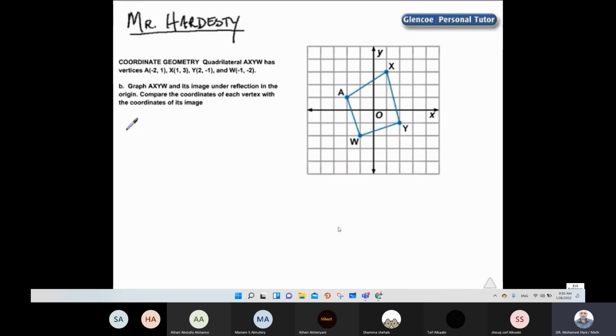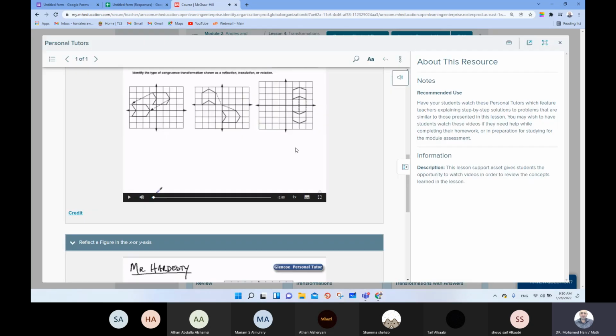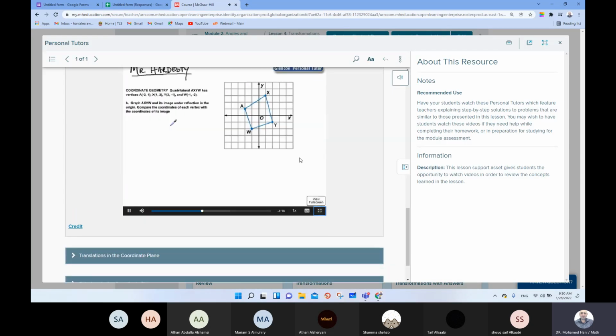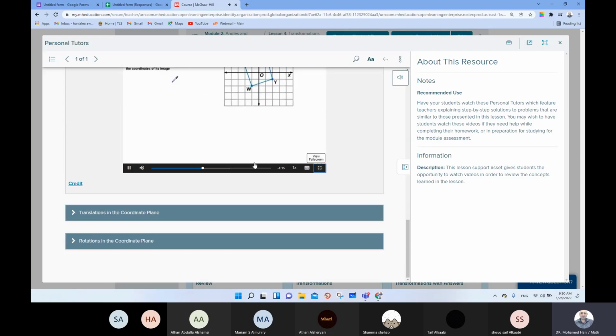Part B: Graph AXYW and its image under reflection in the origin. Compare the coordinates of each vertex with the coordinates of its image. In Part A, to